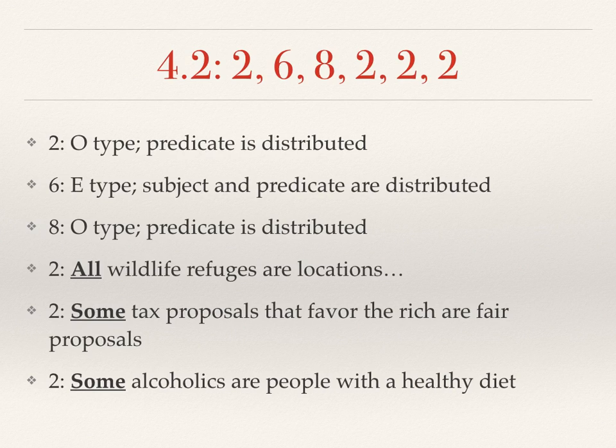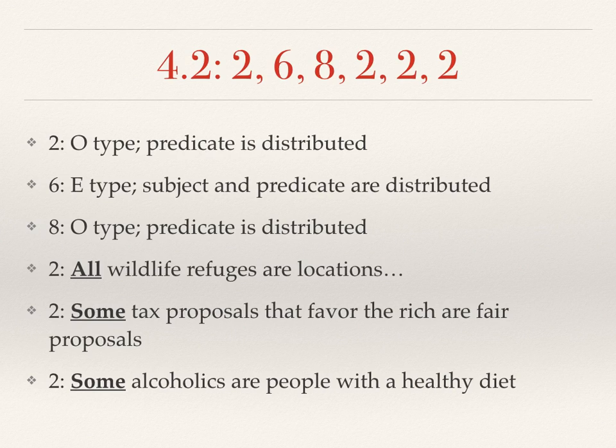There are four sections on this page. The first one is: for each of the following, identify the categorical propositions, the letter name, and then the subject and predicate terms of each. And then also the quality and quantity. The quantity would be either universal or particular. So no and all is universal, and some is particular. And the quality is, if it says no or are not, then it's negative. If it says all or are, then it's affirmative.